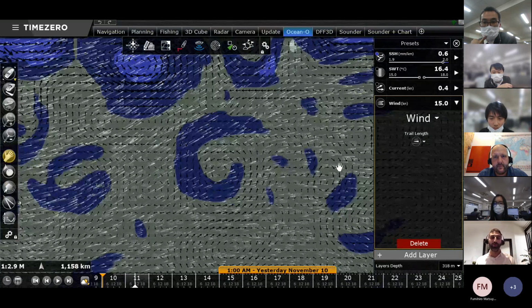Today we are touching less than 1% of the fleet that we should be able to touch. So we really want to push TimeZero with this Oceano, and the added value that we have is not only the price. It's also that we are an Oceano provider, but we are also a navigation software. And we combine everything in one screen.